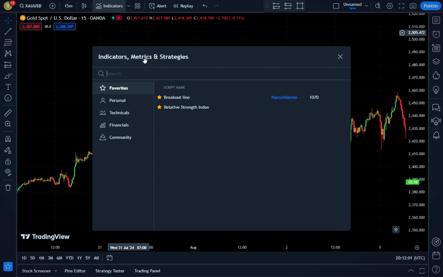Want to spot market moves before other traders? This breakout scalping strategy can help. In this video, we'll show you how to use it to boost your profits across all time frames, from scalping